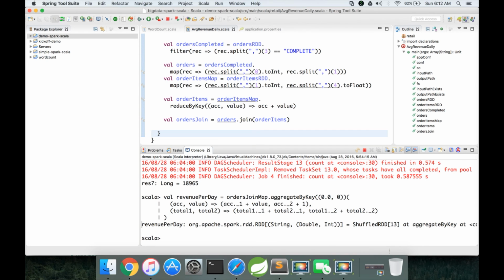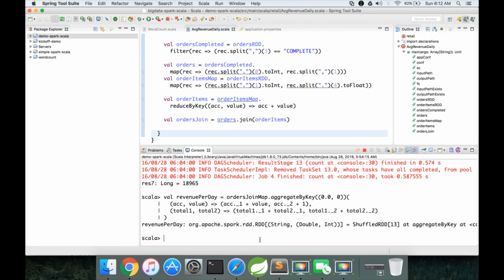Now the revenue per day is of type RDD, which have elements of type tuples, and the first element in the tuple is nothing but date, and the second element of the tuple is nothing but the total revenue and total number of orders.